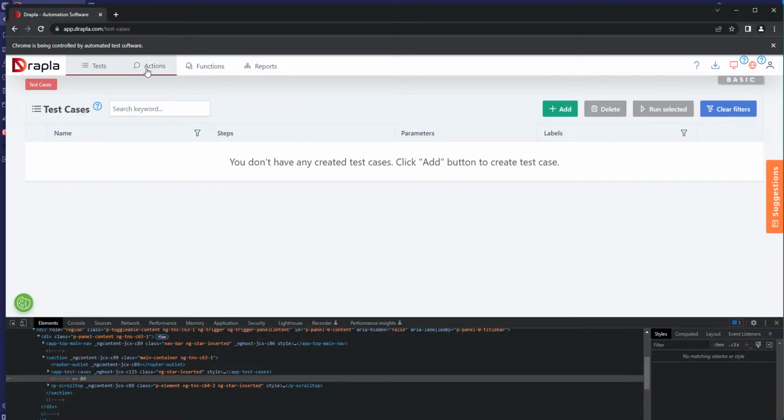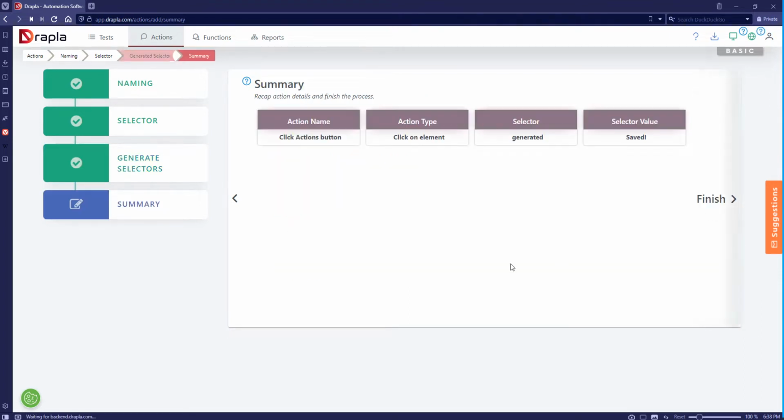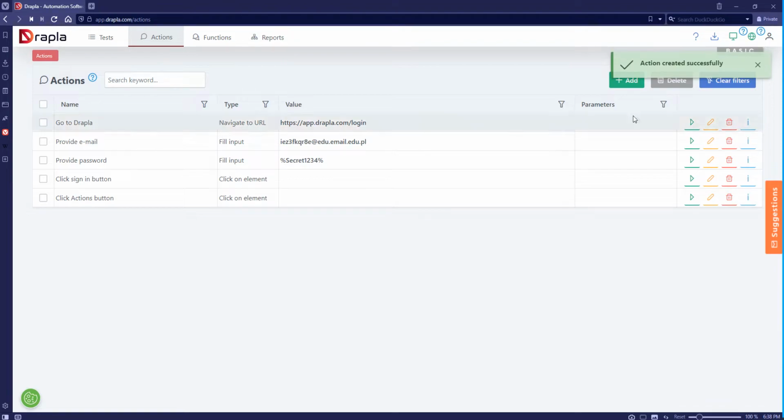We have to hover our mouse over that element, then press Shift plus S, and as you can see, the element is blue right now, which tells us that the selector was successfully saved. And we can press the next button. There is our summary as usual. Then we can press the finish button, and our action was created successfully.